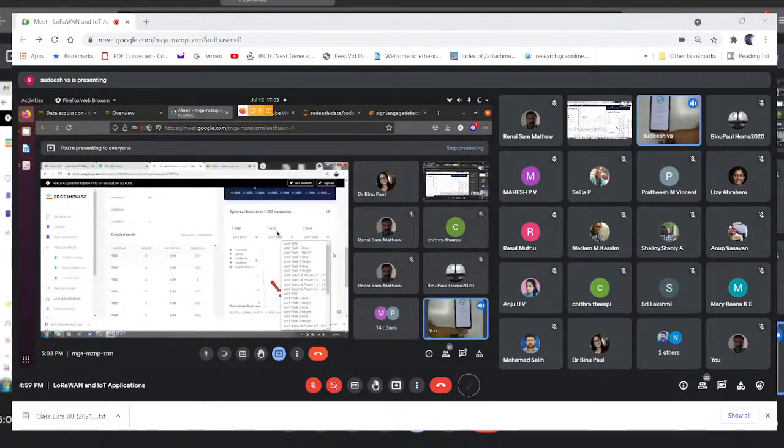So when you click the switch to classification mode, it automatically builds your model and downloads it to your mobile. Can you confirm? Hello?